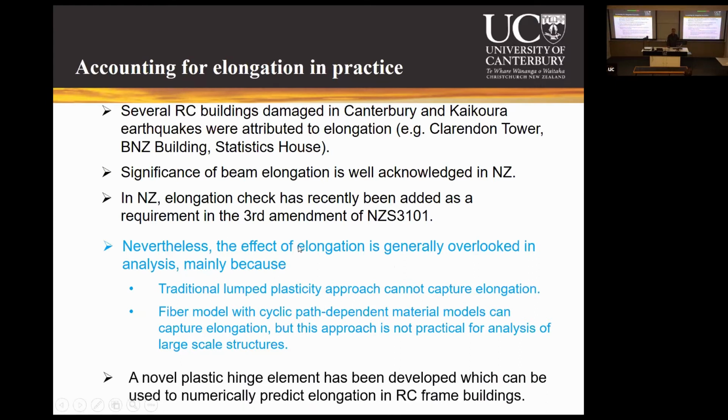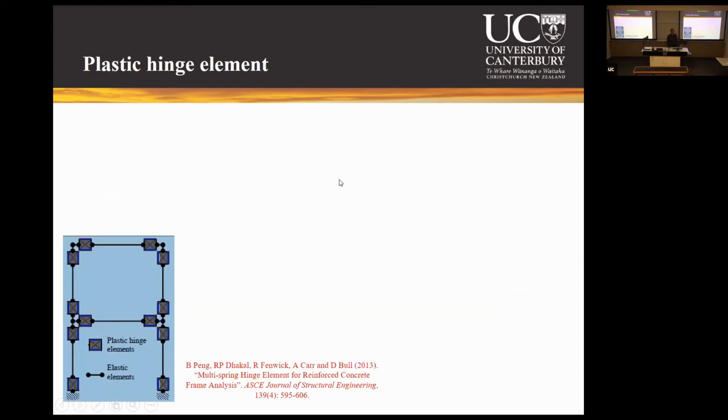And in part of this research, we have developed a plastic hinge element that can be used numerically to predict elongation, still in the traditional lumped plasticity setup. So that is the key, right? So we don't want researchers to go back to fiber models fully, which is not preferred for all types of analysis. It's still good for research. So the plastic hinge element, what is it? The concept is that actually